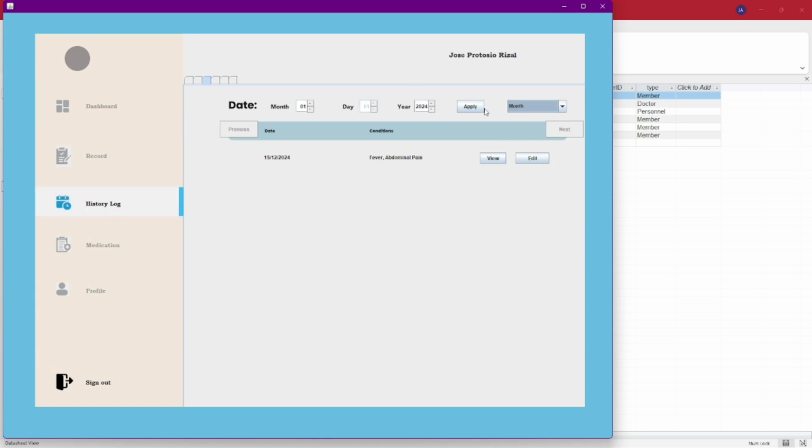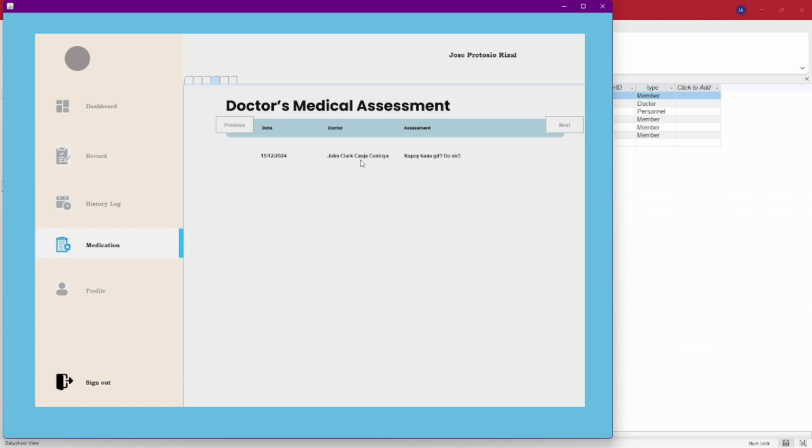Yes, that works also. But unfortunately, you cannot toggle it much because there's only one user here. The result is the one record there, and it is here. So let's say exact date 15. Let's say it's the 15th. So 12, 24. Yes, there you go. Go back to 15, 12, 24. So there you go. The doctor is, that's the name of my brother.